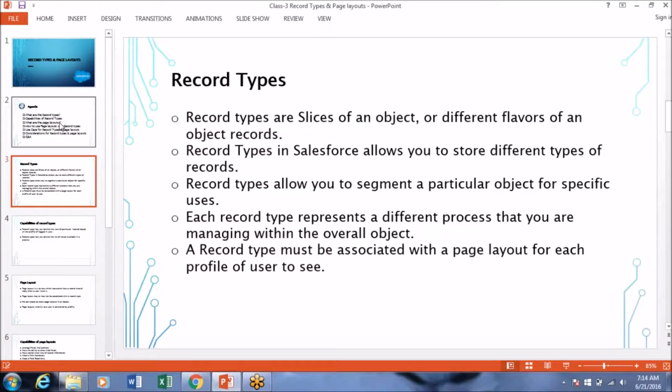But record types allow us to divide those records in an organized way. Each record type represents a different process that our business manages. Each record type must be associated with a page layout. We'll see what a record type is with an example.